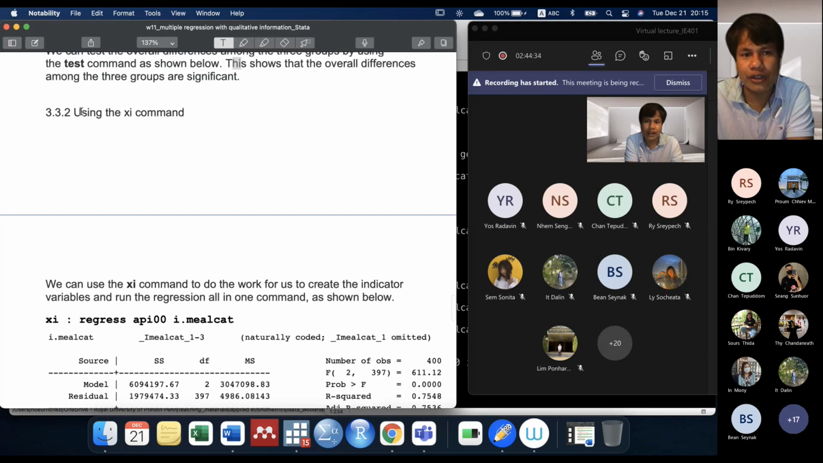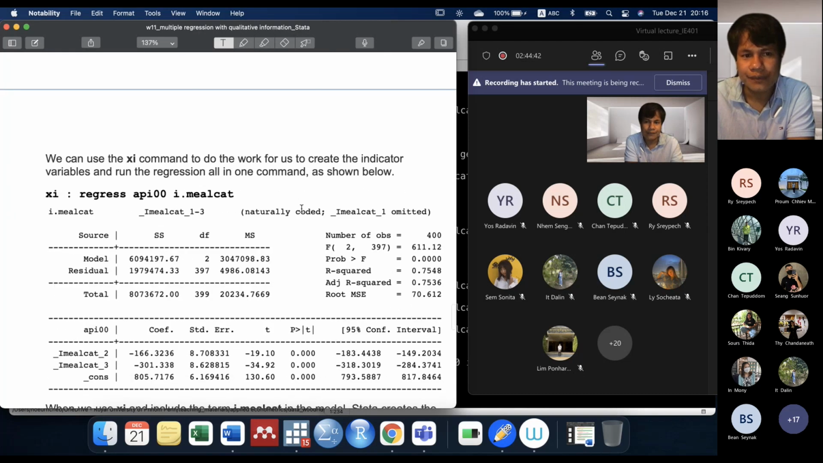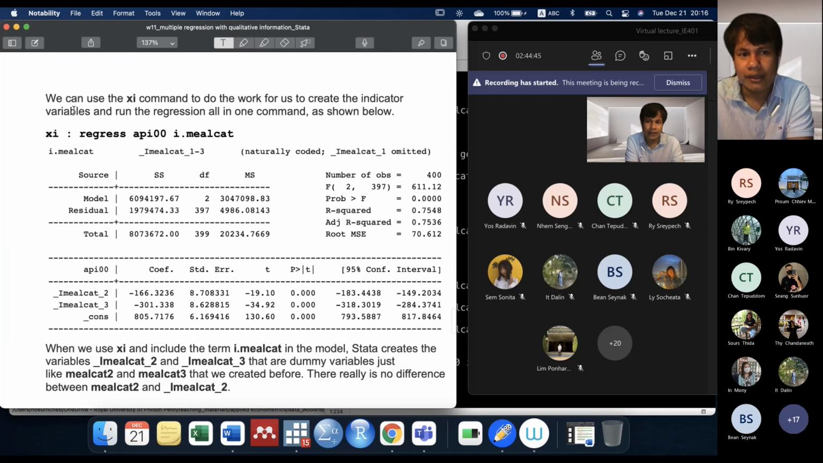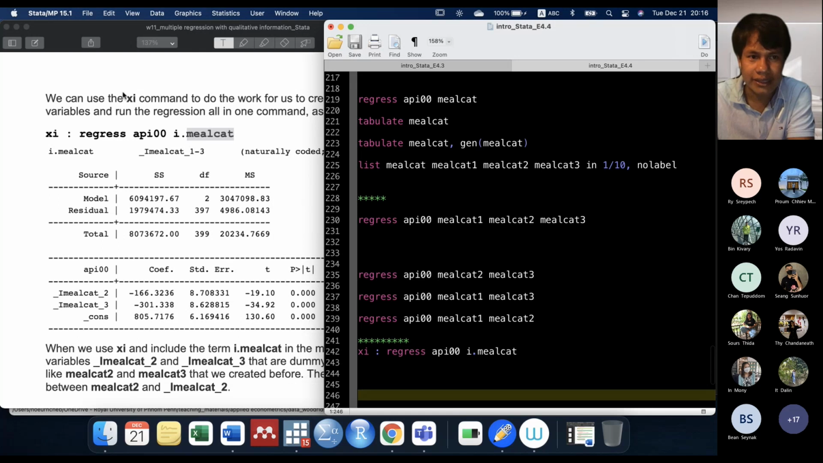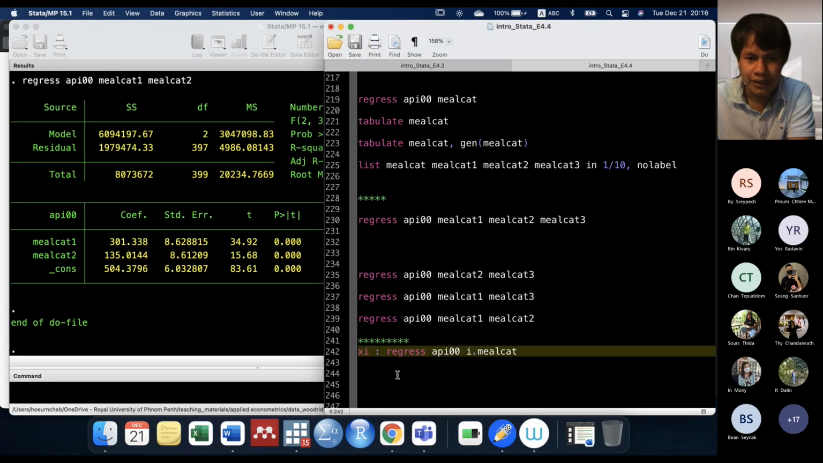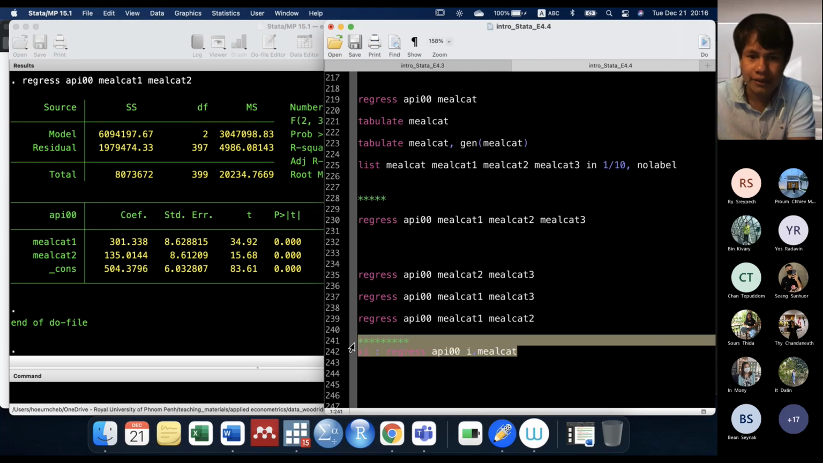All right. So we are going to use the xi command to run regressions with dummies. In order to use the xi command, guys, we just run xi: regress FP i.meerkat. Right, you can try this. Let me run it here. xi: regress FP i.meerkat. When you click run,